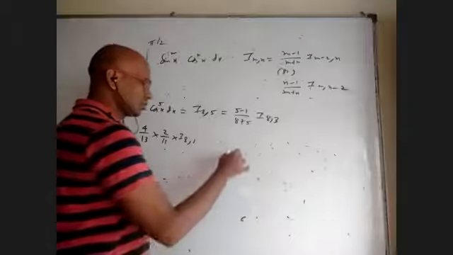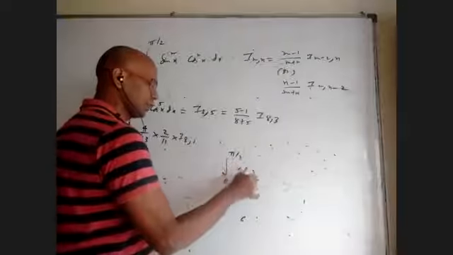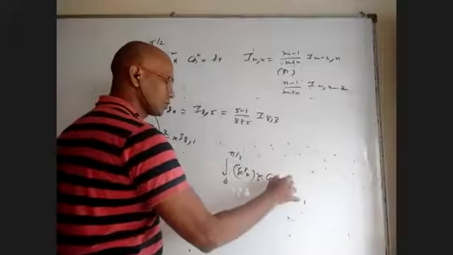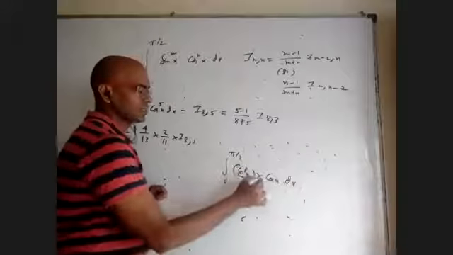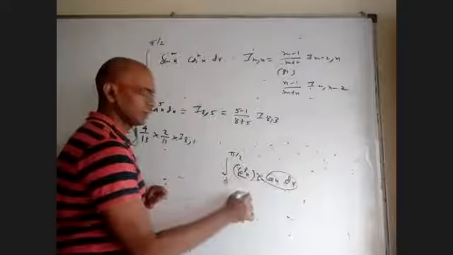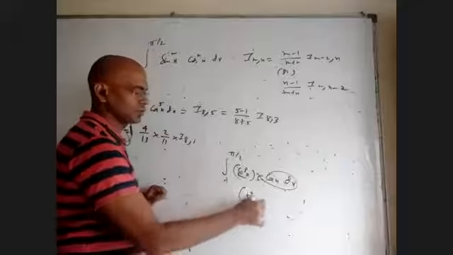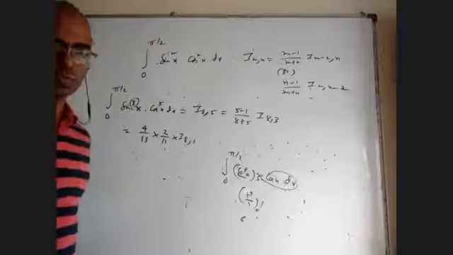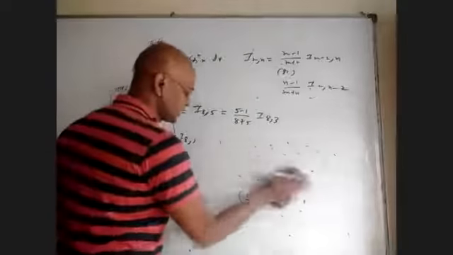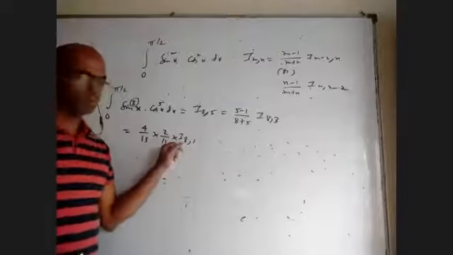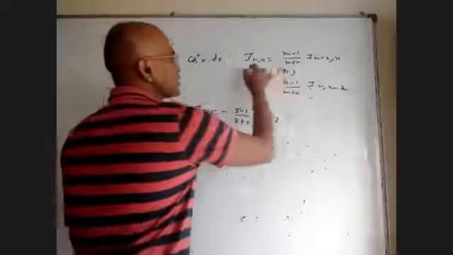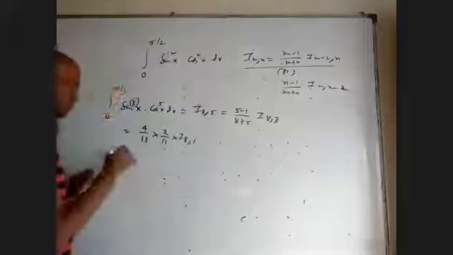What is I 8 comma 1? Integral 0 to pi by 2 of sine power 8x into cos x dx. If I take sine x as t, this will become dt. I'll get t power 9 by 9 with limit 0 to 1, 1 by 9. I don't want to do that. Okay. I want to do something else now. Now, I want to decrease the power of sine using this formula. Let us see what happens.